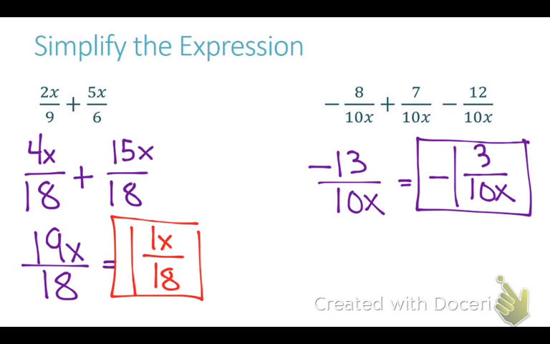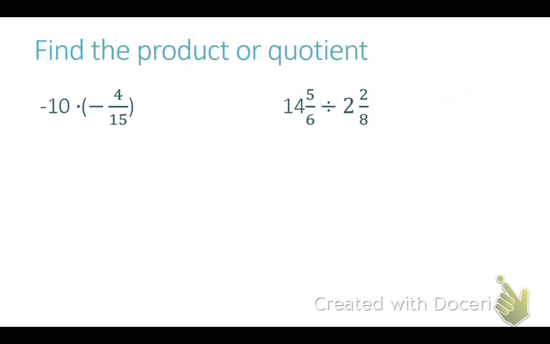Now we need to multiply and divide. We need to find the product or the quotient. So go ahead and solve both of these. Again, your work is very, very important on these problems to show me that you actually did the work yourself. So for multiplication, we need to put the whole number over 1, and then we can